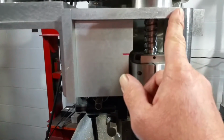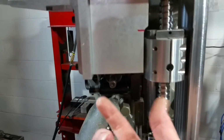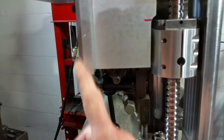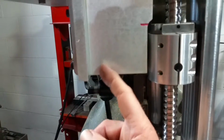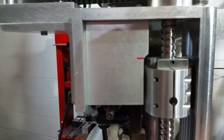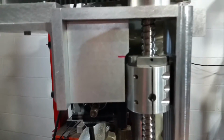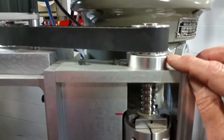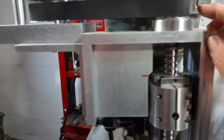And then just another piece of 1/2 inch plate. I didn't have anything big, angle or anything to use, so I just screwed 2 together. And this is just basically a support in there, gusset or whatever you want to call it, to add to the rigidity. And then up here is another bearing housing, the top pulley,